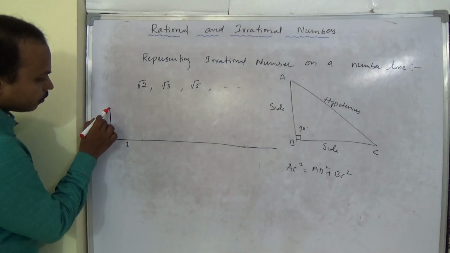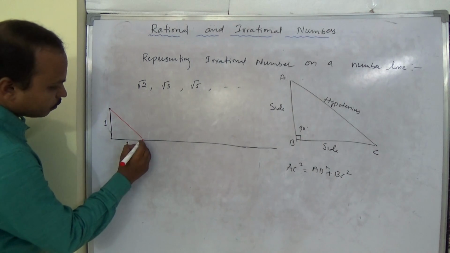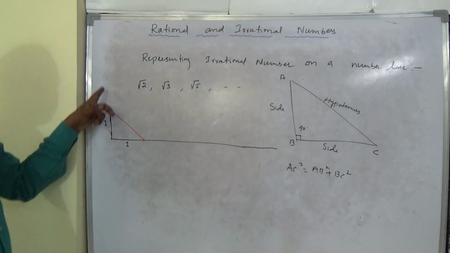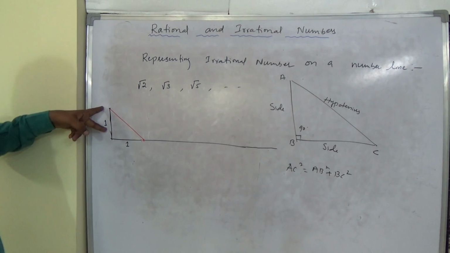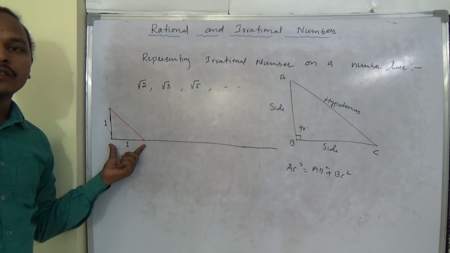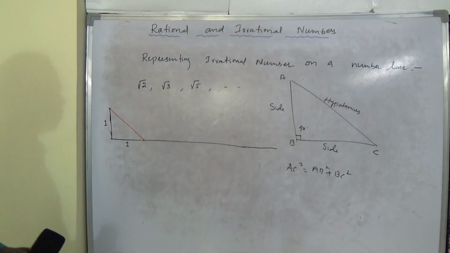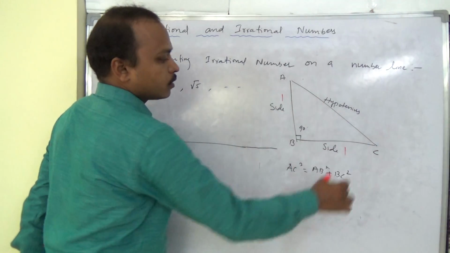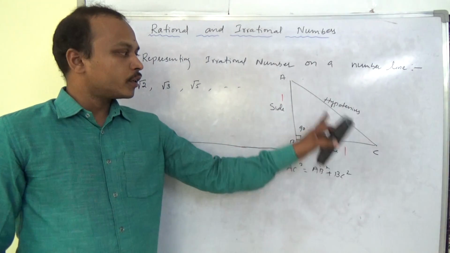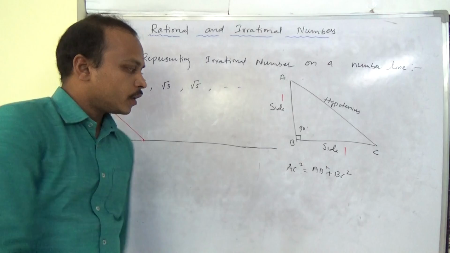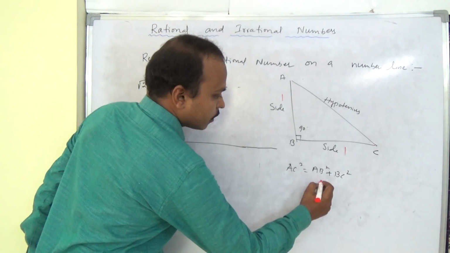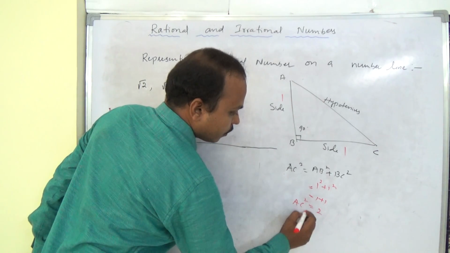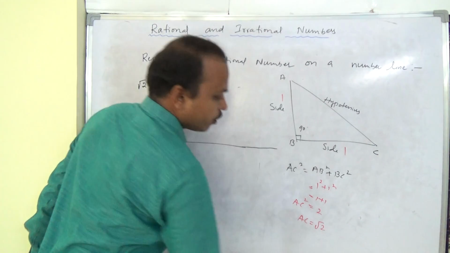Join these two. Take a scale, measure, draw a line and draw a perpendicular line. The height you took, take the same measurement for a point here also and join these two. So according to the Pythagoras theorem, this is 1 unit and this is 1 unit because both are the same. Now the hypotenuse: AC square is equal to AB square, AB is 1, so 1 square plus 1 square. 1 plus 1 is 2. AC square is 2, so AC is equal to square root of 2.